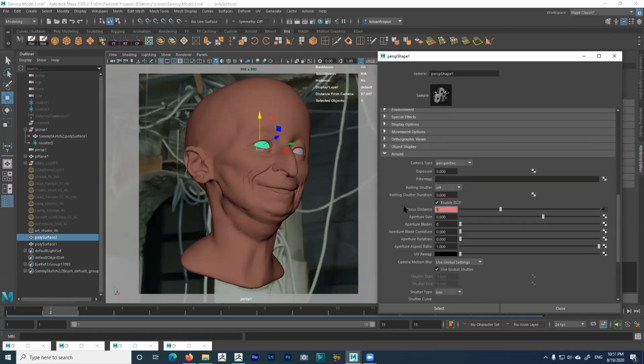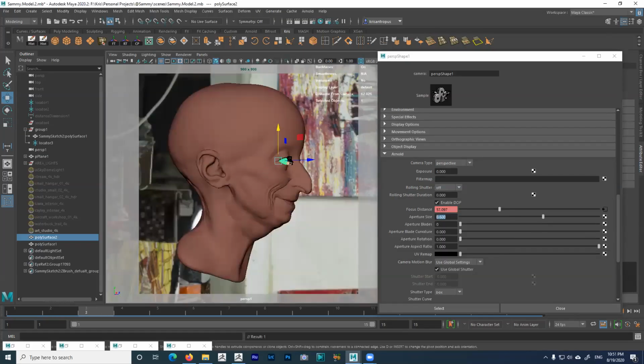So 57, 0.97. Set key. So right click and then set key, right? And then the last one is also going to be this eye here. And this eye shows me that it's at